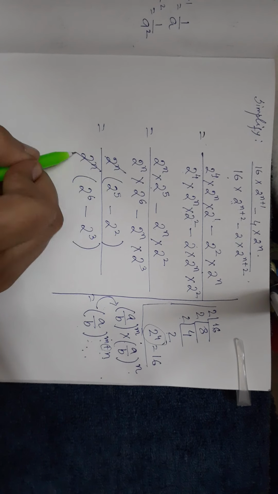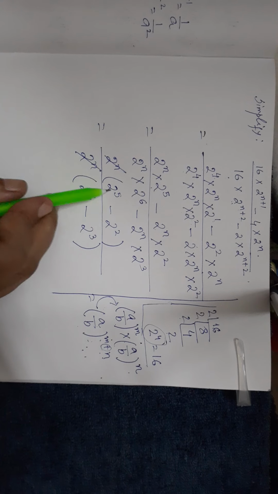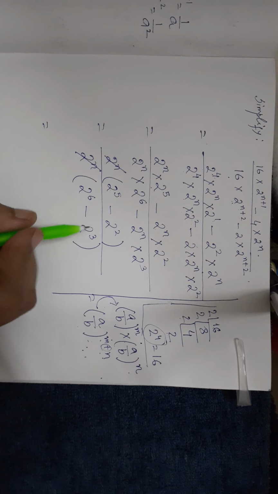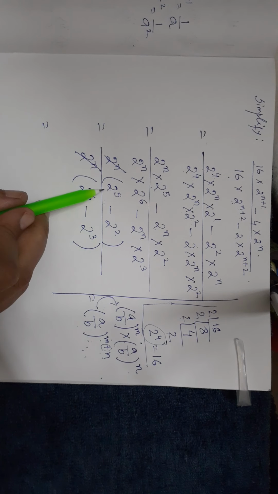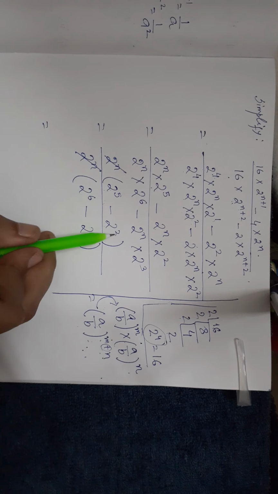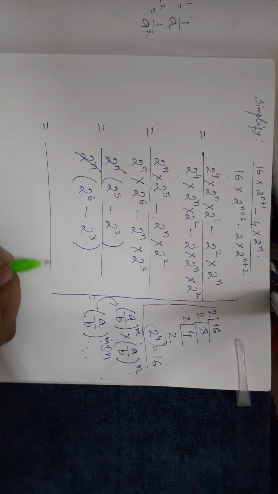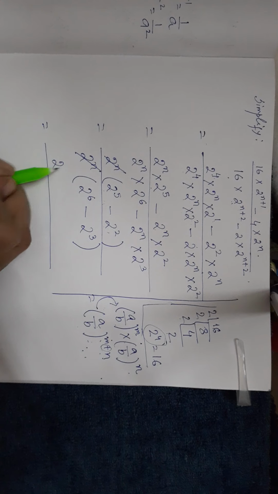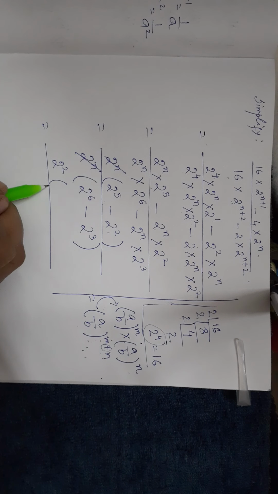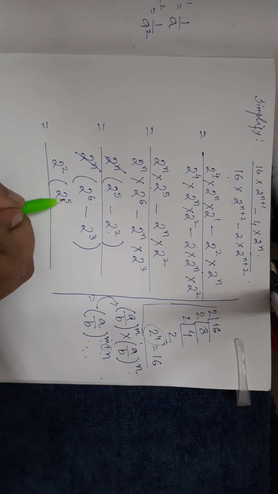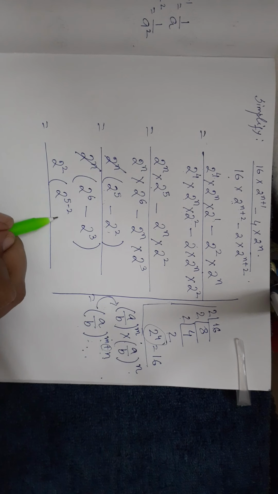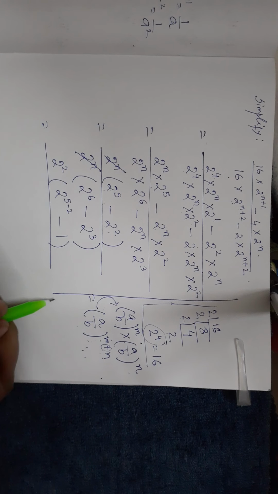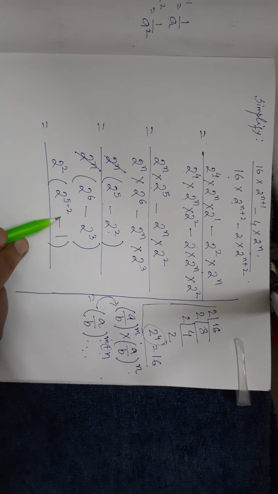So now you can cancel this because these two are in multiplication form. Now students, you can see that this is 2 raised to the power 5, this is 2 raised to the power 2. That means we can take out 2 raised to the power 2 common from here, and it will be 2 raised to the power 5 minus 2 minus 1. Why is this one coming 2 raised to the power 5 minus 2?